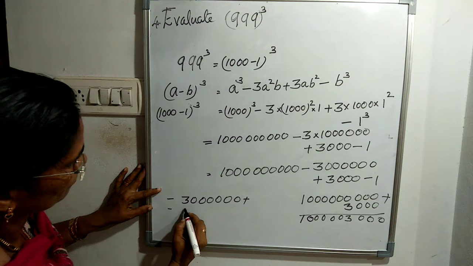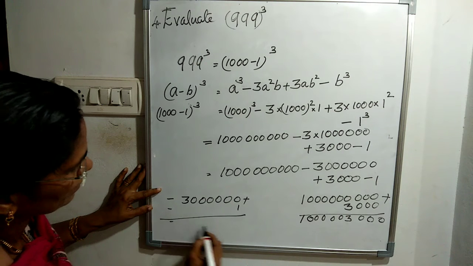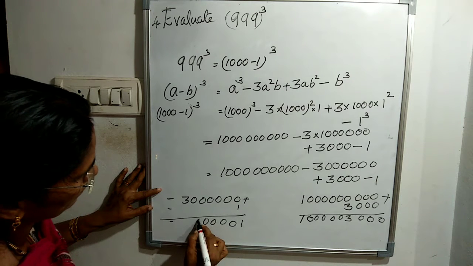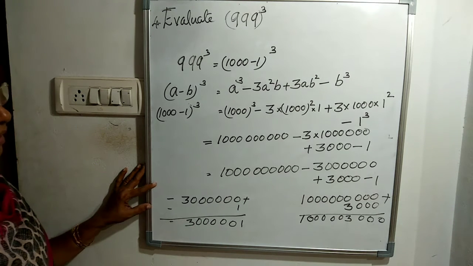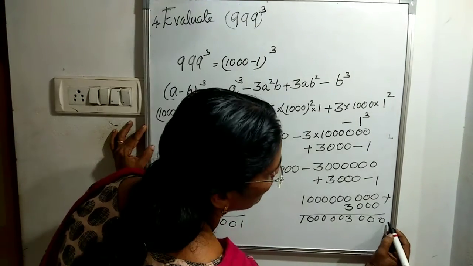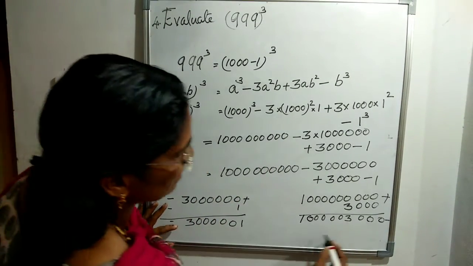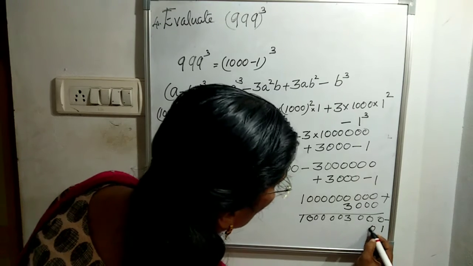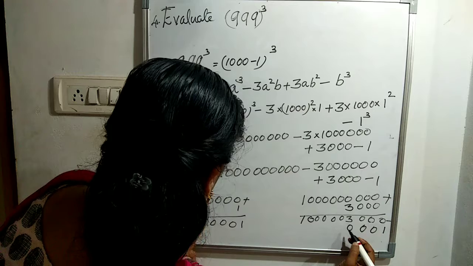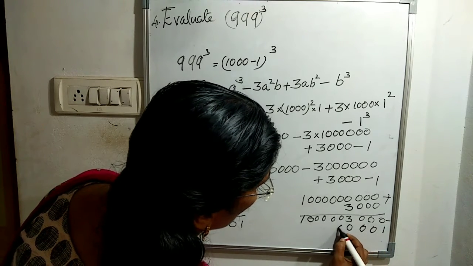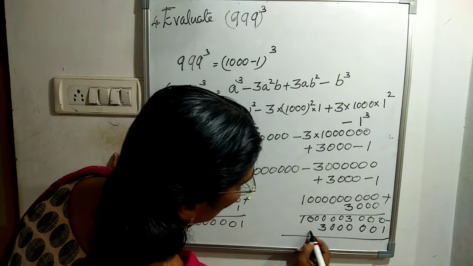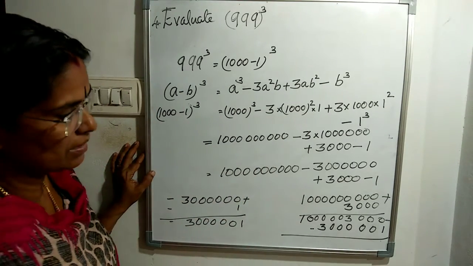Plus minus 1 we are adding. So I will get a minus 1, 0, 0, again 3 zeros and 3. Okay. One is a positive term and it is negative. So we have to subtract this 1, 0, 0, 0. How many zeros we have to write? 5. 1, 2, 3, 4, 5 and 3. Now we have to subtract, then we will get the answer.